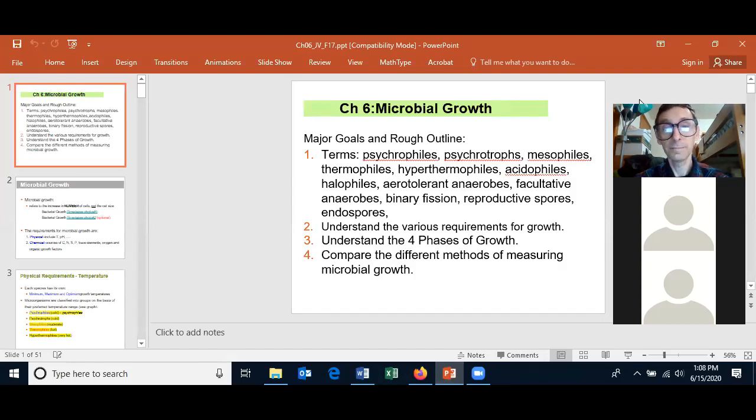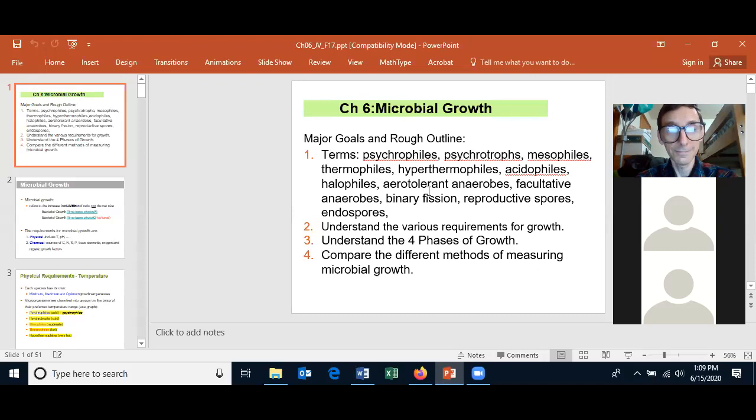So chapter 6 is going to cover microbial growth. This slide is showing you the major goals of this chapter and a rough outline of how we'll be covering it. Know the terms psychrophiles, psychotrophs, mesophiles, thermophiles, hyperthermophiles, acidophiles, halophiles, what an aerotolerant anaerobe is, a facultative anaerobe, and